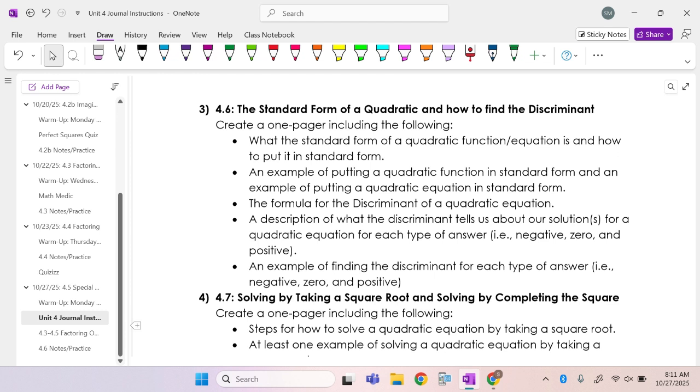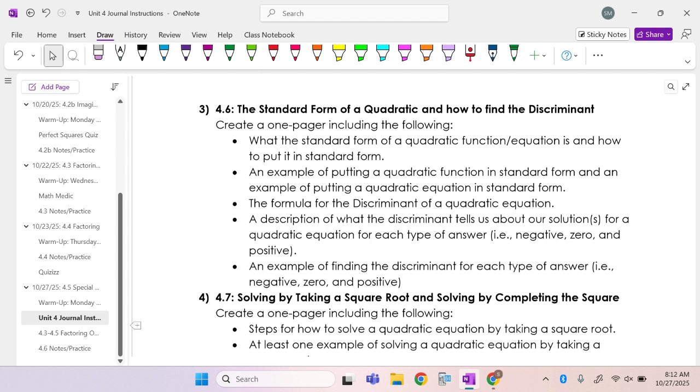Now, 4.6, that's the lesson we're going to go over today after we go through the one pager, because again, that lesson's really quick. We're going to talk about the standard form of a quadratic function and how to put it in standard form. So you're going to state what that is and how you put things in standard form. That's a review from the last unit. An example of putting a quadratic in standard form,